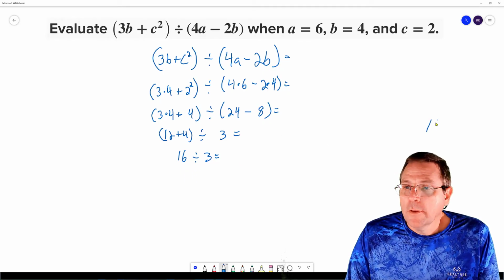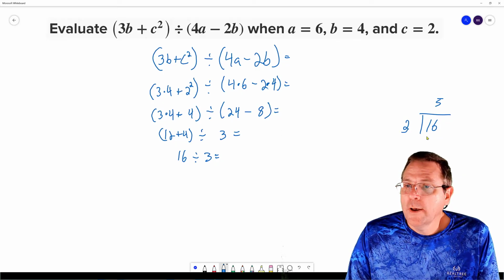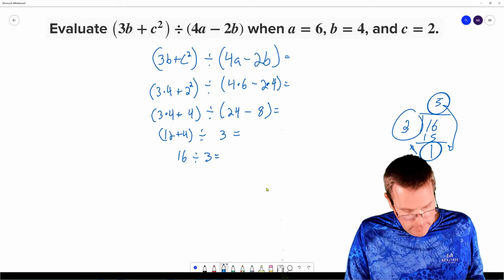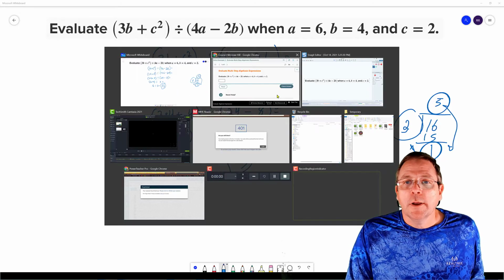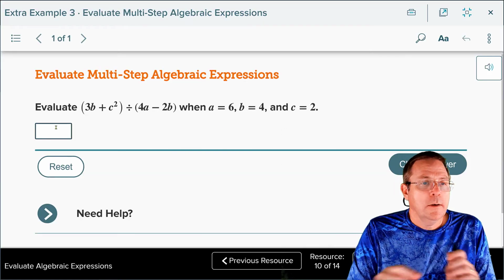From here we're going to take that 16, put it in the house. 3 goes into 16 5 times. 5 times 3 is 15, with 1 left over, giving us 5 and 1/3, doing your round robin. So the final answer, 5 and 1/3, which we're going to take and come back over here and,